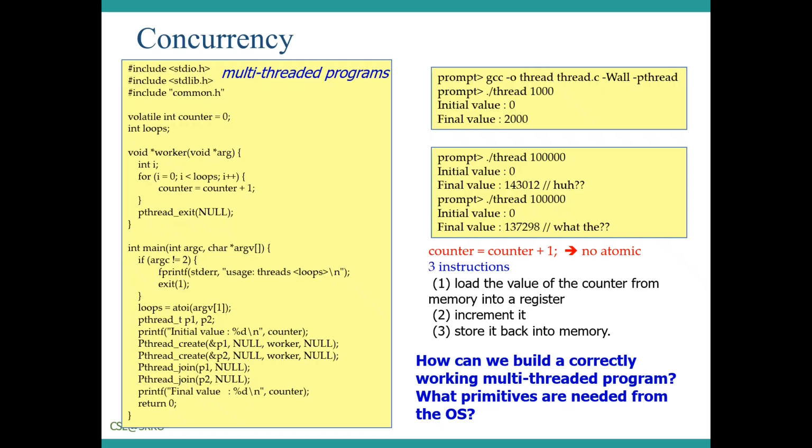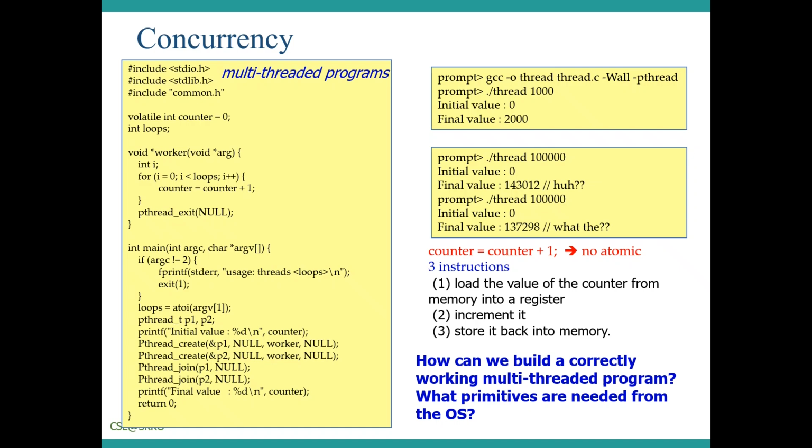The right side box shows what happens when we run this program, with the input value for the variable loops set to 1000. The value of loops determines how many times each of the two workers will increment the shared counter in a loop. When the program is run with the value of loops set to 1000, what do you expect the final value of the count to be?